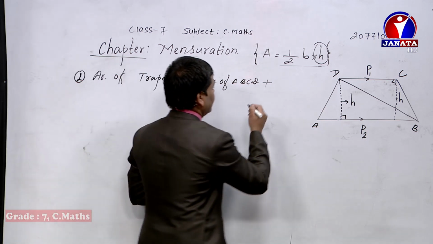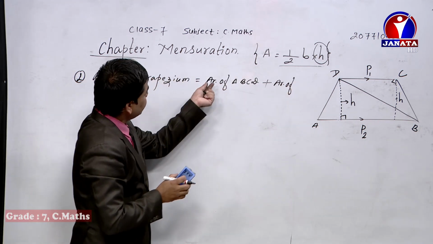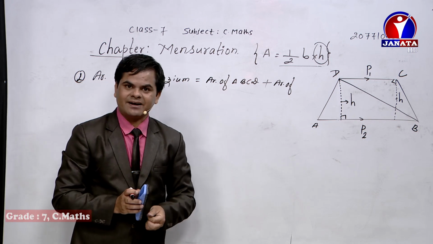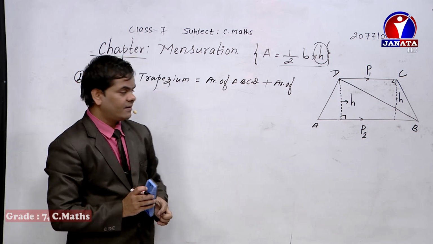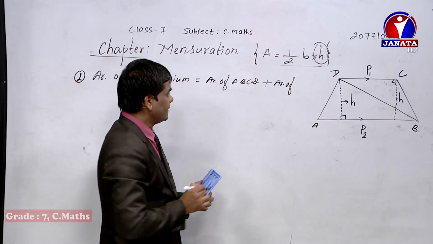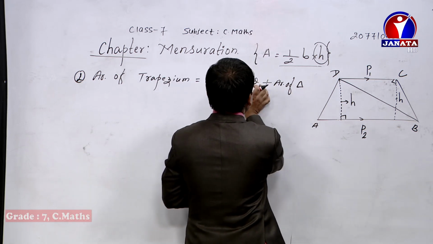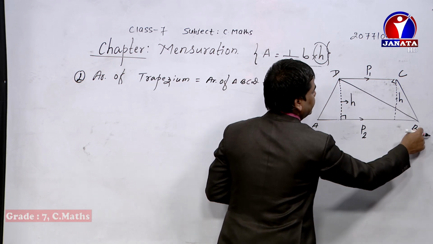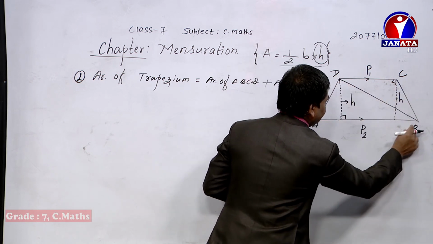Now, area of AR dot means it represents area. In mathematics you can write AR dot, it means area, like to the volume we denote just only V, isn't it? So area of triangle, which one is the triangle? As we have taken BCD, we have taken this triangle. Now the remaining one is ABD.